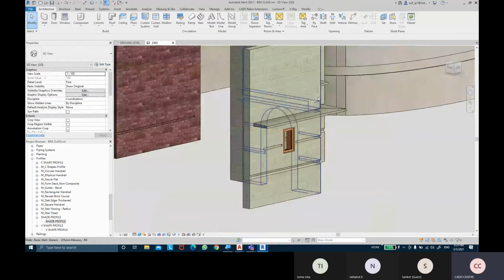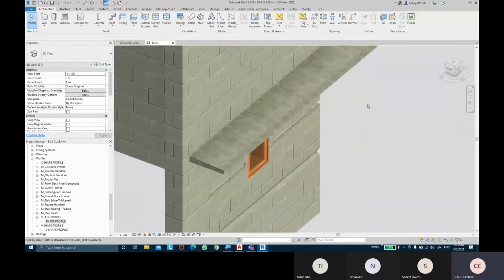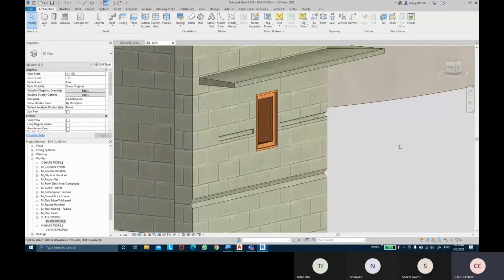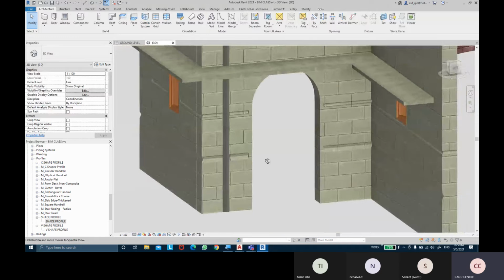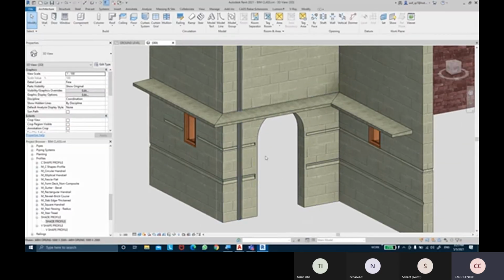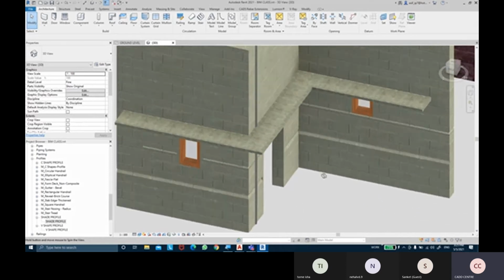You can have these shaders. Projects. Right.